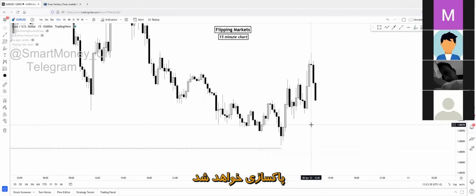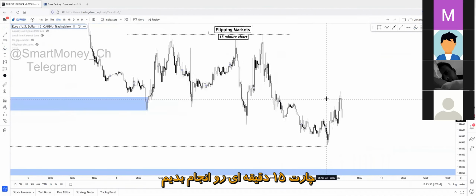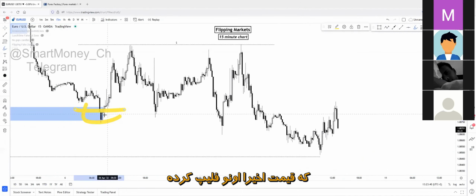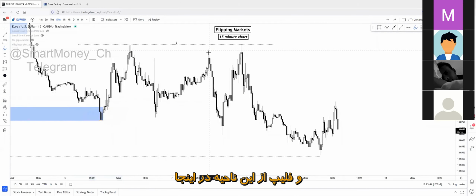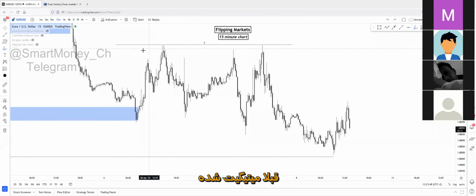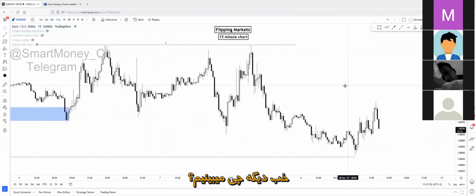It will be swept. That will be swept, exactly. That will be taken out. Okay, so let's just make an analysis on the 15-minute chart. As you can see, here was the last recent 15-minute demand zone that price has flipped recently, and the flip happened from this region right here. And this region has been mitigated already, but it also created a liquidity line right here, as you can see.